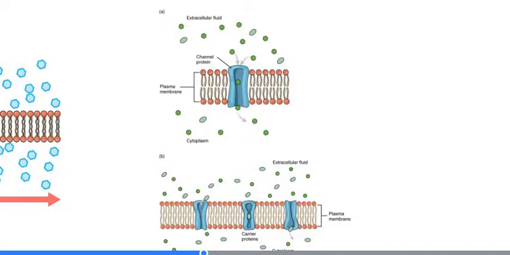Larger things will often have to be transported through by a specialized protein, what's called a carrier protein here, sometimes referred to as a transport protein, that will change shape and actively, or based on indirect energy expenditure, move something